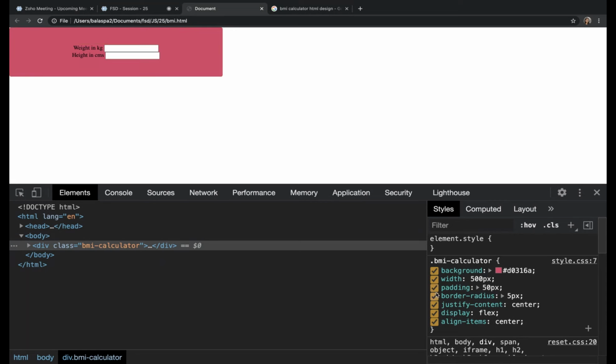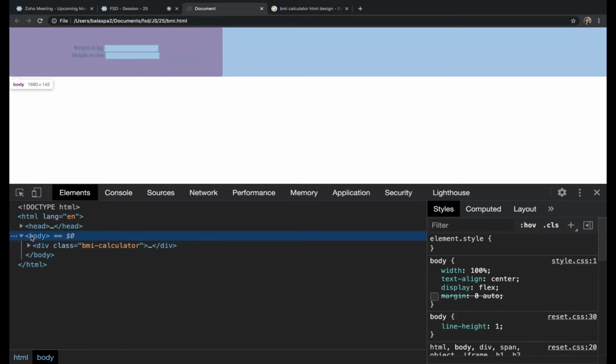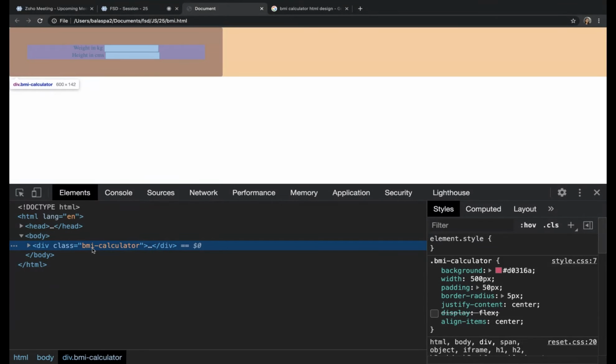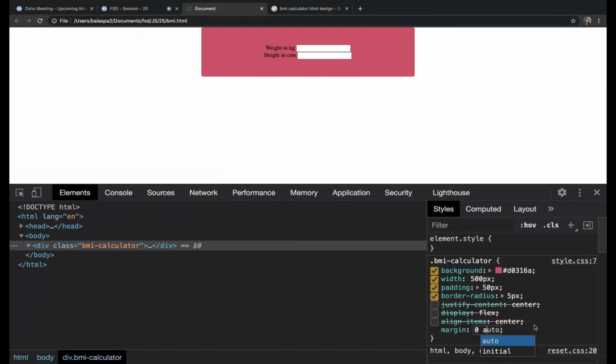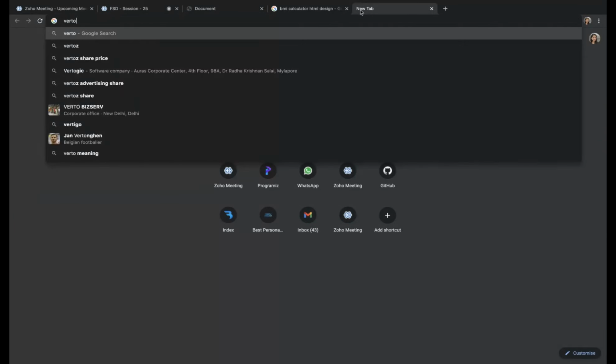Why is it not coming? Why justify align? Wait.